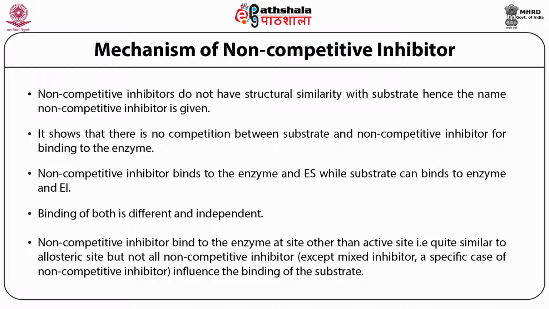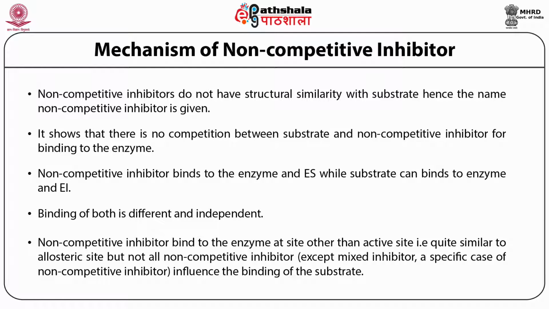But it is important to mention that the non-competitive inhibitor most of the time binds to another site that is not denoted as an allosteric site, because it will not influence the binding of the substrate, whereas an allosteric site is one that influences the binding of substrate to the remaining active sites. Therefore, except for mixed inhibitors, where the binding of inhibitor influences the binding of substrate, all the non-competitive inhibitor binding sites